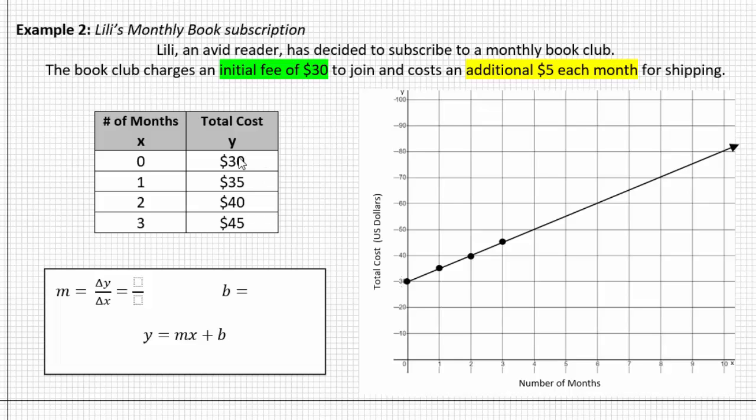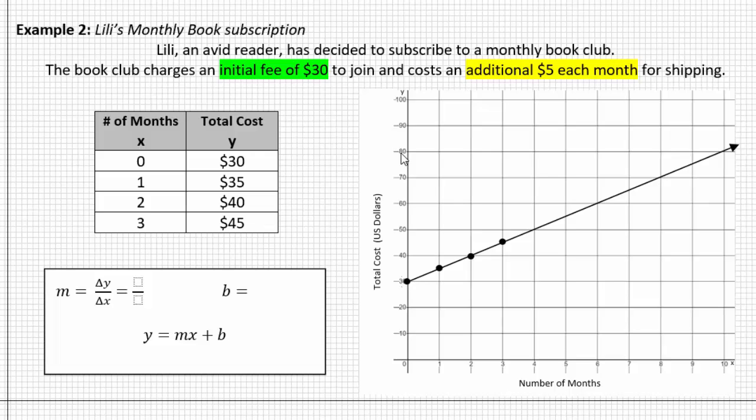And then I just took these points, 0, 30, and plotted them on the graph. And now we can see, even on this graph, how nice it is to have that line extending out, because we could continue to make our predictions and say, oh, well, it looks like at month 10 it's going to cost Lily a total overall of $80 to have kept this book